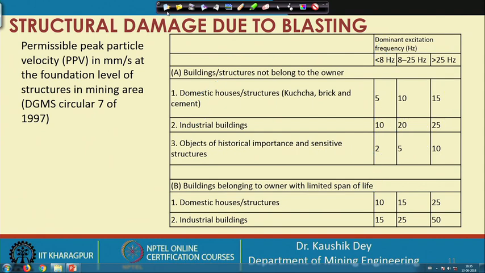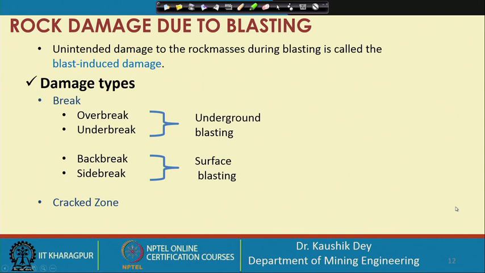So, that is why this is the DGMS stipulated guideline, and you can see this guideline especially for this particular historical building is very tough, and that needs to be addressed by redesigning the blasting process. So, this is structural damage for which we are concerned, but there is another part of damage which is called rock damage, that is the damage that occurs to the rock because of the blasting carried out in the nearby vicinity. So, this damage is also